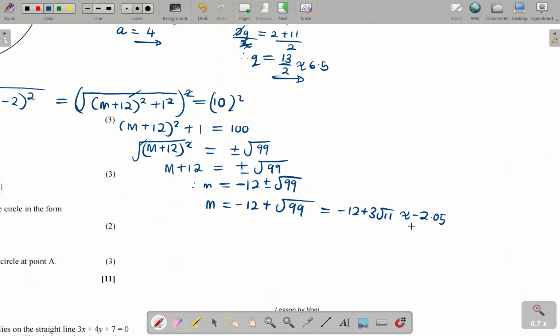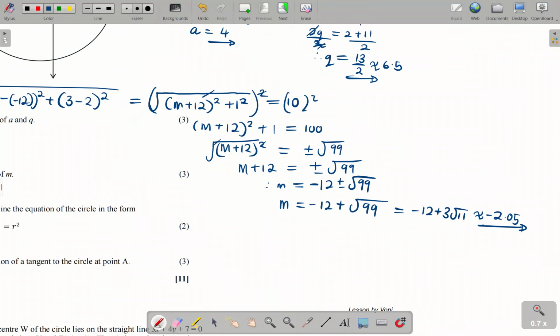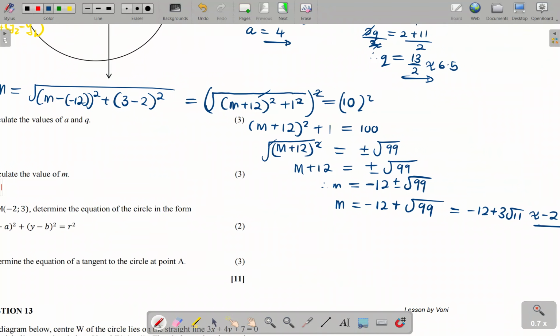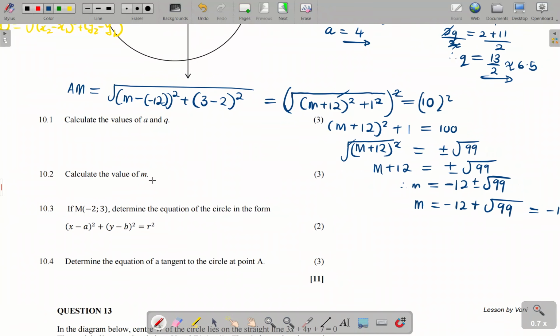-2.05. So this is our answer then. You can leave it here or leave it there. No? So that's the answer. So now I can come back and fill it. So m is simply, what is this? So I have -12 plus 3 into square root of 11, which is approximately